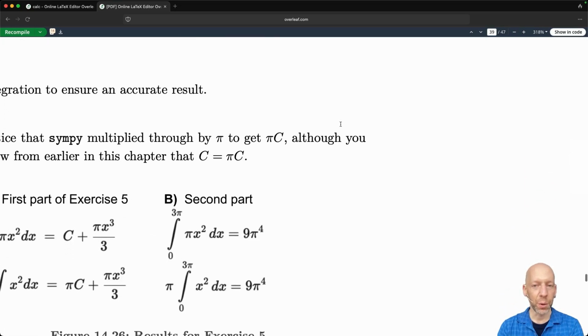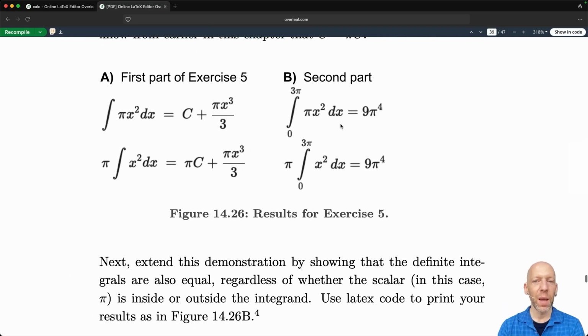So what you want to do is write SymPy code that will print out this expression over here. We have the integral of pi times x squared, and then pi times the integral of x squared. And these two results are equal to each other. They look a little different initially. I will talk about that when I show you the code. So this is for